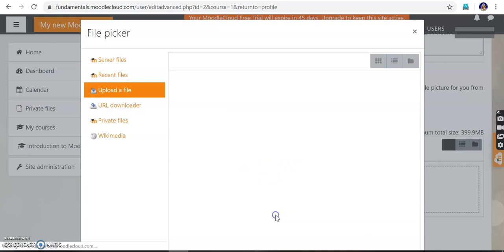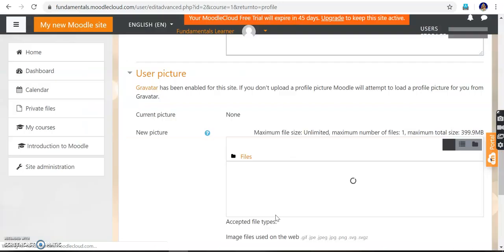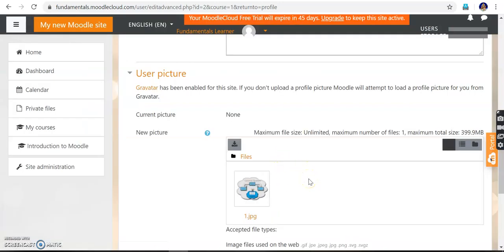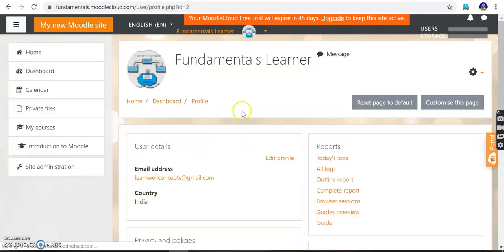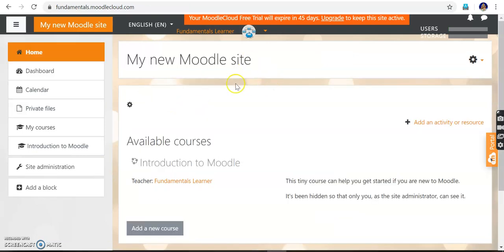Okay, then I have to just upload this file, right? So update profile. At last we have an update profile. Okay, now your profile is updated. And other thing, after editing the profile image, I have updated the control system image here. You can have your photos, your institute building like that here, right? So the student can identify whenever they look at this logo, they can identify the course.